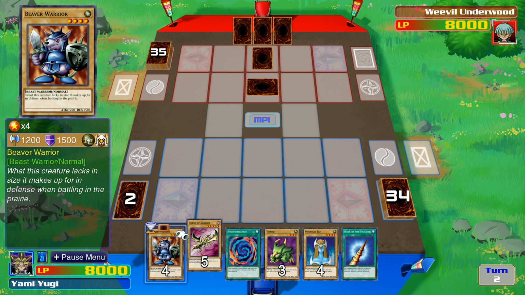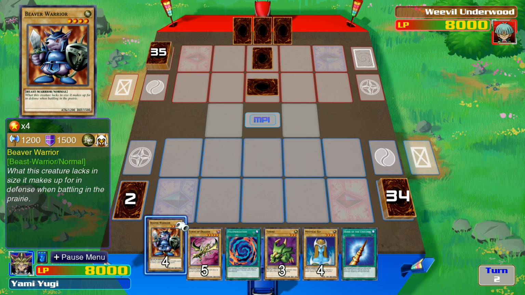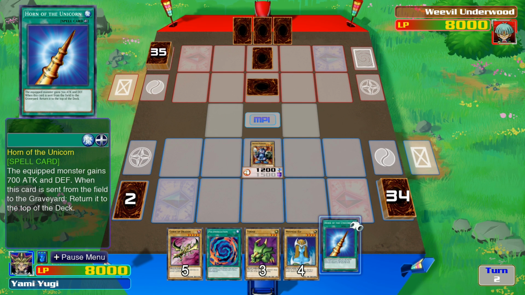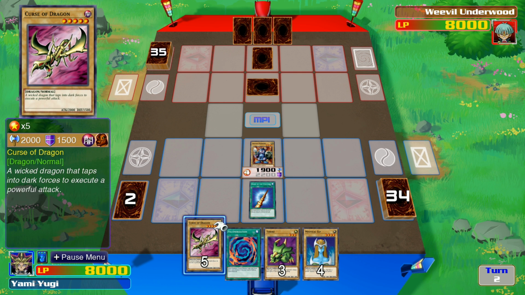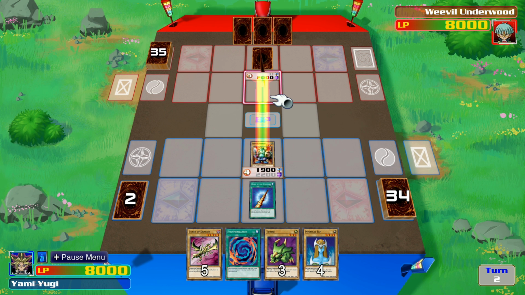It will prevent deck outs, which is great, but there are of course, as I said, a ton of disadvantages to that. I might actually go heavily offensive in this duel, so I'm going to play Beaver Warrior in attack mode and then activate Horn of the Unicorn to give Beaver Warrior 700 attack, up to 1,900 attack, and then that way we might be able to get Curse of Dragon out and then go for 2,700 attack instead of 2,000 with Horn of the Unicorn, because when we sacrifice or tribute...